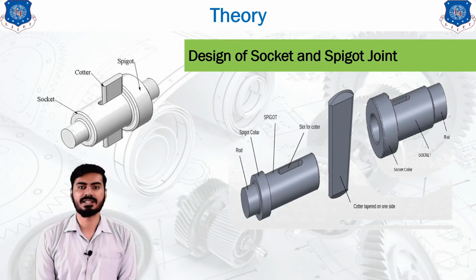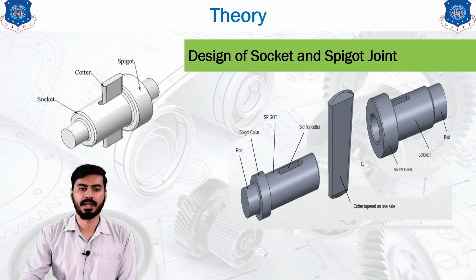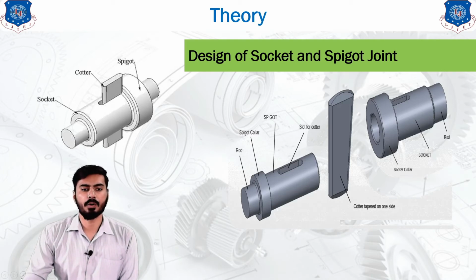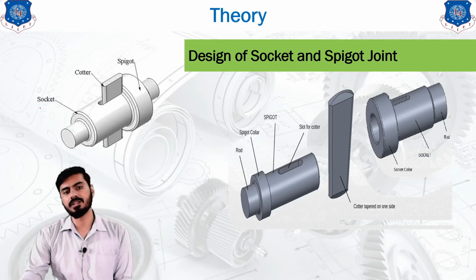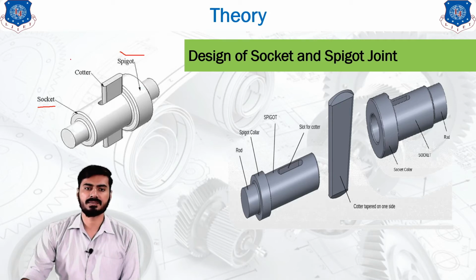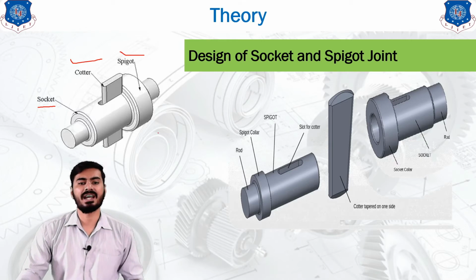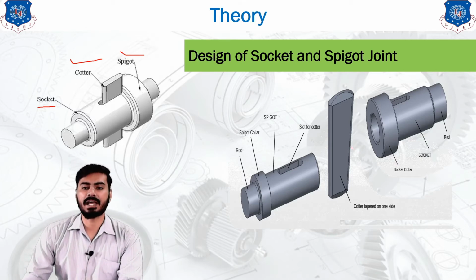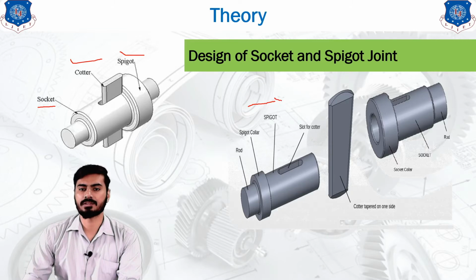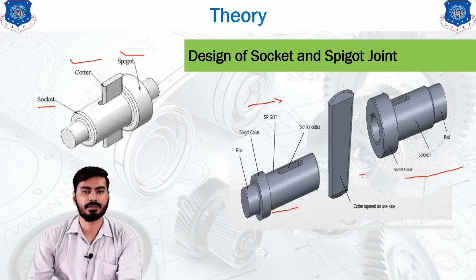As you can see on the screen, there is a spigot joint assembly available above me, and you can easily identify the different components of this assembly: this is the socket, this is the spigot, and this one is the quarter pin. And if you want a clearer idea, you can get the exploded view over here. So this is our exploded view, where the socket, spigot and quarter pin, each and every component, are separate from each other.